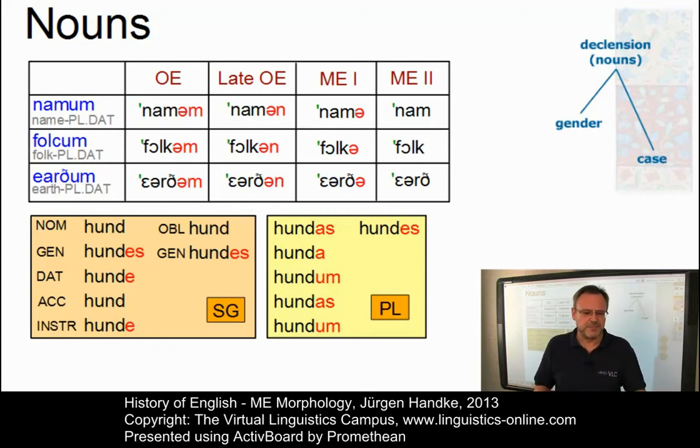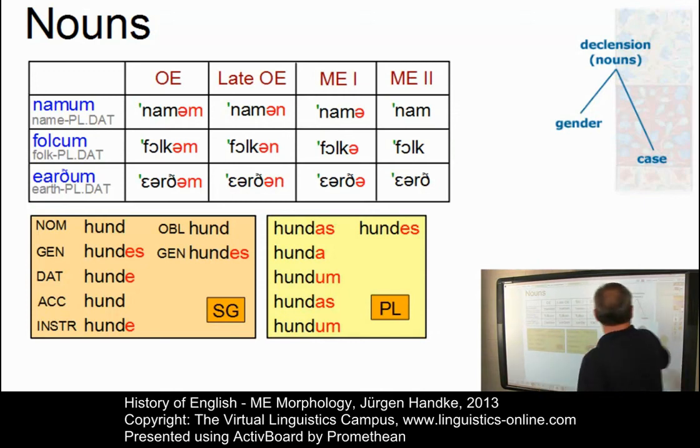With two cases and no distinct grammatical genders, the morphology of Middle English nouns was in many ways now identical with that of present-day English. Needless to say that, just like in Old English, the distinction between singular and plural was fused with the case ending in Middle English. Of all word classes,